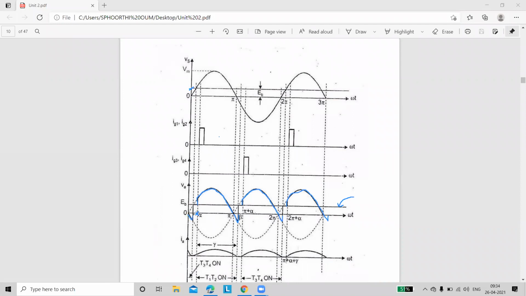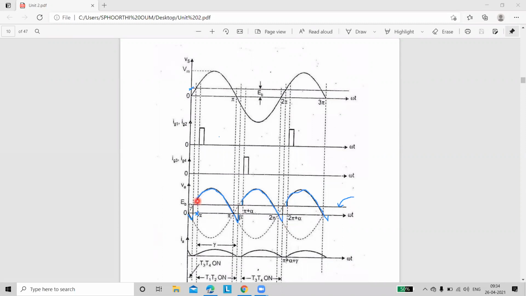And just think it once. Is it necessary to join these two points, alpha and the back EMF line? Is it necessary for us? Already we are indicating. No need to again redraw the EB line in the output voltage waveform. Look at the waveform carefully. I am not drawing this portion. I am representing this plot line. Please check it once. Don't draw this portion. Already we have drawn this with a straight line.